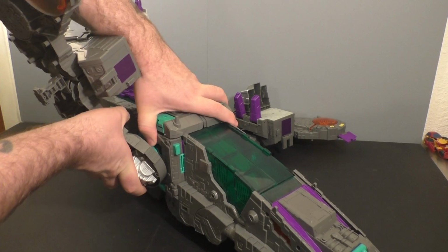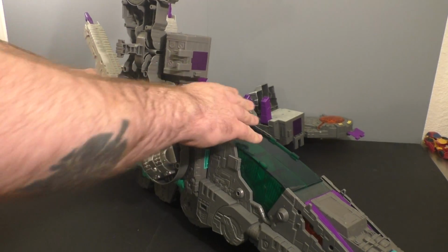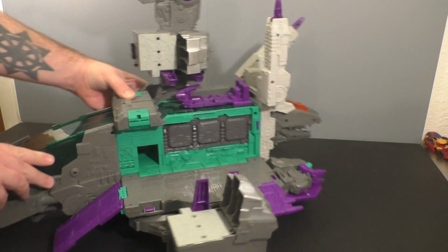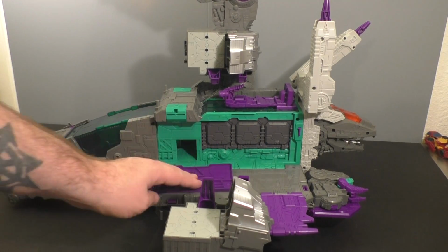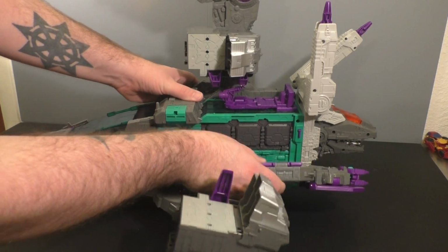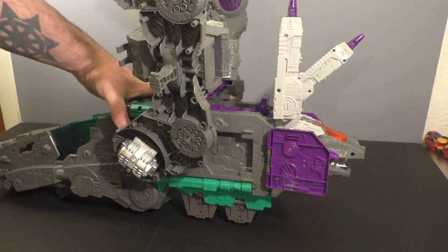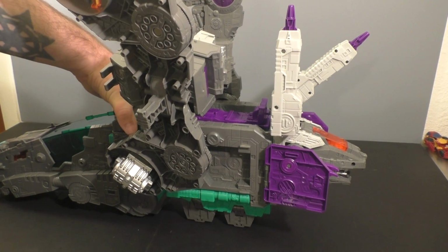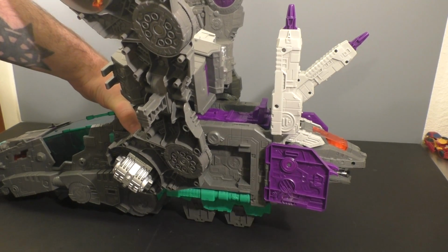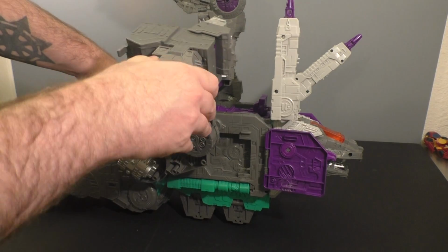Okay, we're going to rotate this. Okay, there we go. Go to the other side. We're going to do the same thing. Flip this panel here in, flip this panel here in. This will come up, locks in. Now there was a third mode as well, but it's just like a slight reconfiguration of base mode, so whatever. Who cares, right? Fold this down,